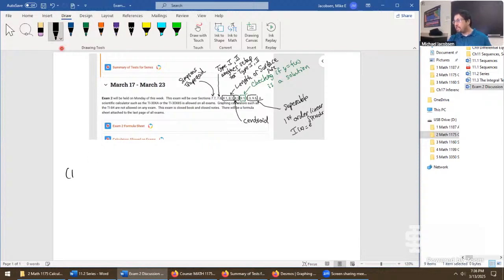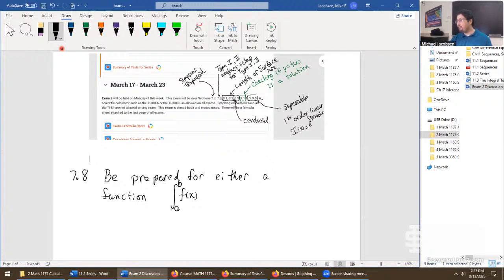But just in case, for the first question in 7.8, be prepared for either a function, say y equals, or f of x equals, or let's say the integral from a to b of f of x dx, something like this to be approximated, maybe by Simpson's rule, and I'll have to say how many subintervals there. So it could look like that. Or